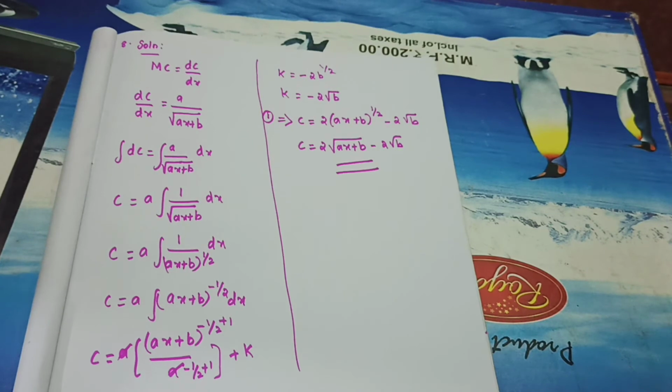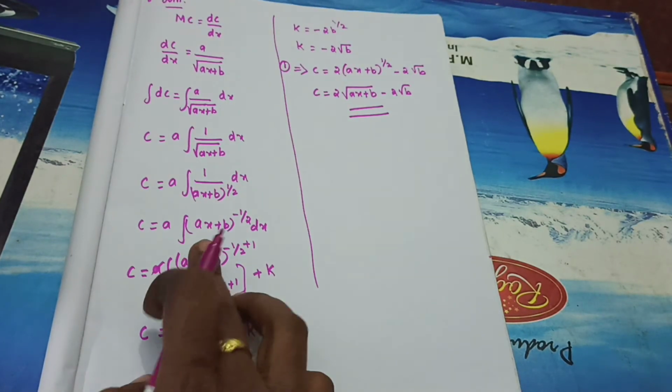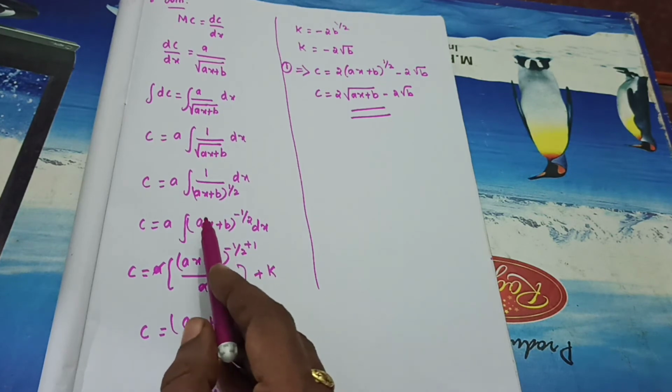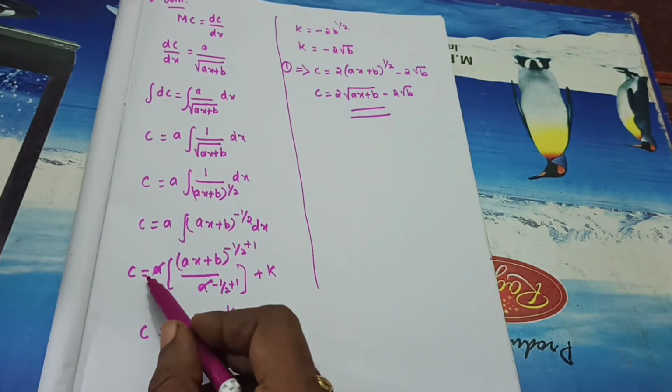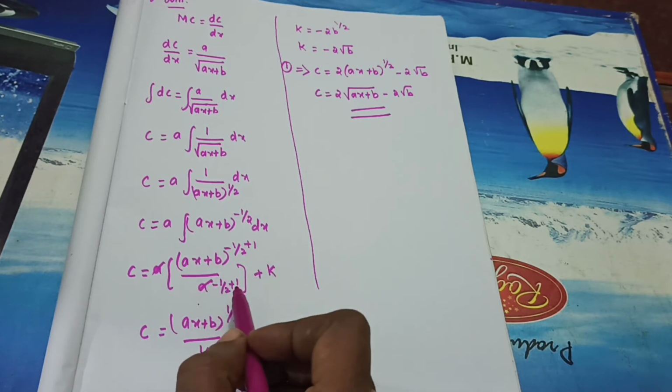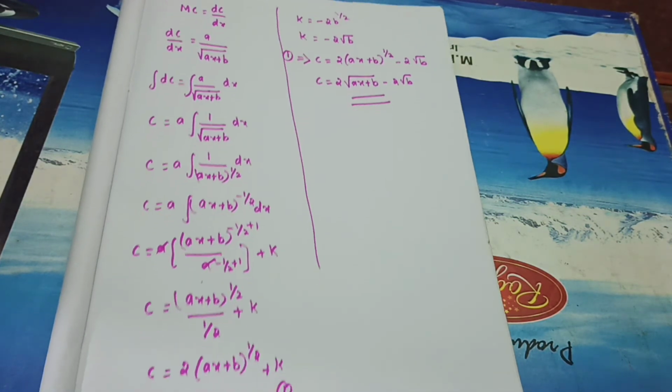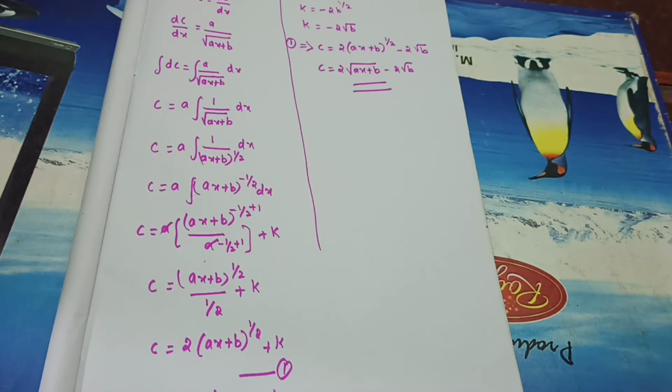Hope you got it. So mc equal to dc by dx. So mc means dc by dx. Integrate, bring it to one side. So here you need to be very careful when you are integrating. For x, what's the coefficient? You need to divide by the particular coefficient. So a and a get cancelled. x power n plus 1 divided by n plus 1. Okay, so get the c when cost of the output is equal to 0, that is given in the question. That is, cost of output c 0 means x also 0. So afterwards substitute there. From that find out the k value and substitute in equation number 1. You will get the answer. Understand? Okay. So I think one more problem we will do now.